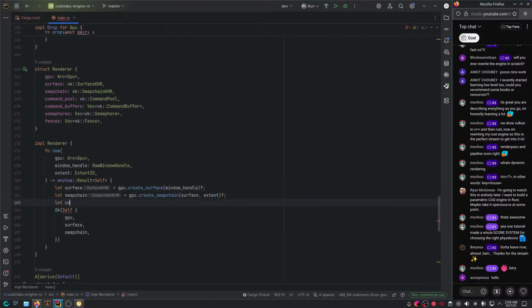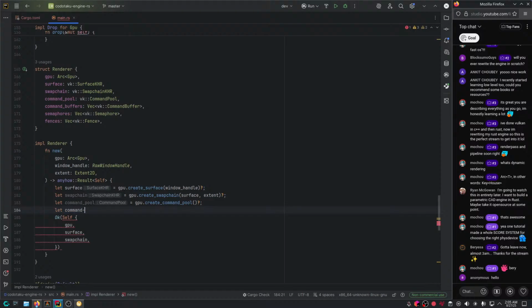So first of all, our own command pool for this particular renderer is GPU create command pool. Now, even in every renderer, you may have multiple command pools. One, let's say, for example, for graphics, and one for uploading resources, for uploading textures, for example, to VRAM, to the GPU memory.